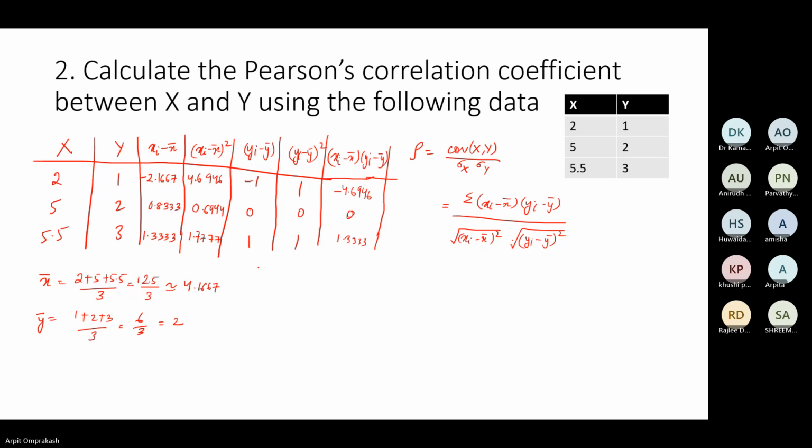Okay. So now, there's also a sum here, there's also a sum here. What we need is the sum of this column, the sum of this column, and the sum of this column. So we'll calculate the sum. This one will be around 7.1667. This one will be 2, and this one will be,